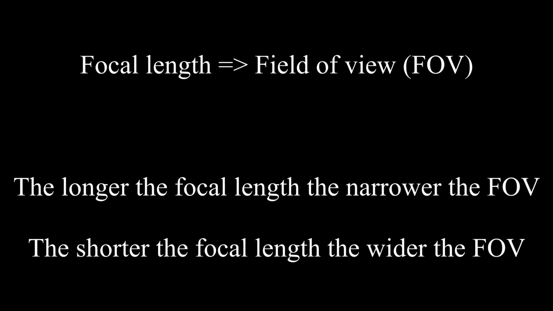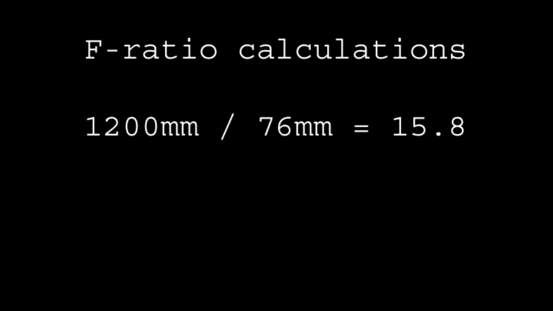Well, its working can be understood if you know a bit about focal ratios. You remember all three telescopes were of the same aperture and of different focal lengths. Now if you divide the focal length by the aperture, you will arrive at a different set of numbers. What are these numbers? These numbers are actually their f ratios, focal ratios, and they never change with the telescope. They are fixed for every individual telescope. This long refractor has a focal ratio of 15.8, which means around 16. If you divide the focal length by its aperture, you will arrive at this number.